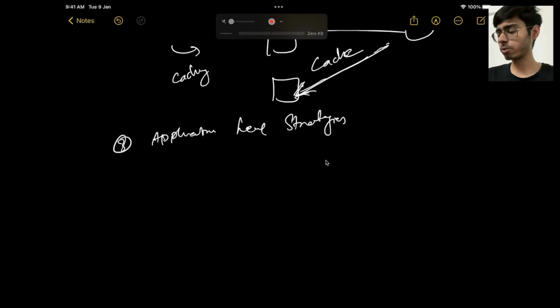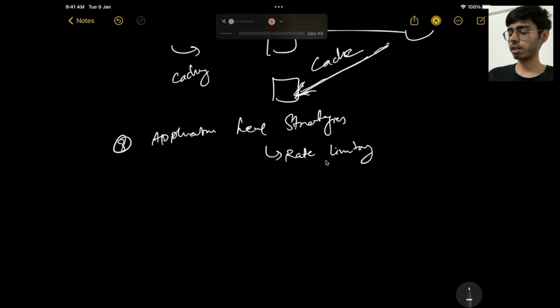Next, application level strategies are also there. So you can use rate limiting. Some examples you can give in the application level strategies. Then, if you want to keep your system available, you need to keep on monitoring it.